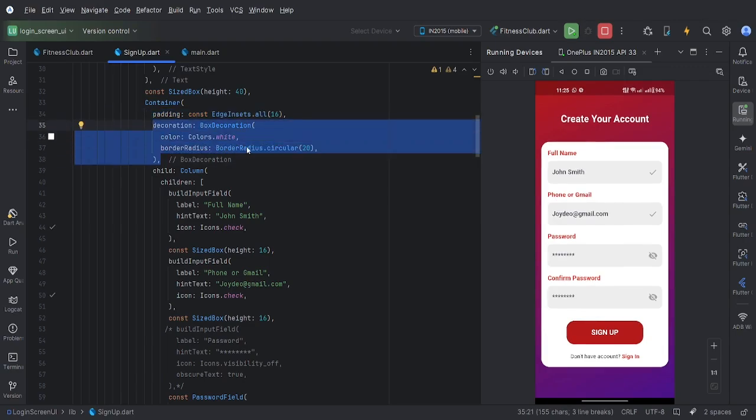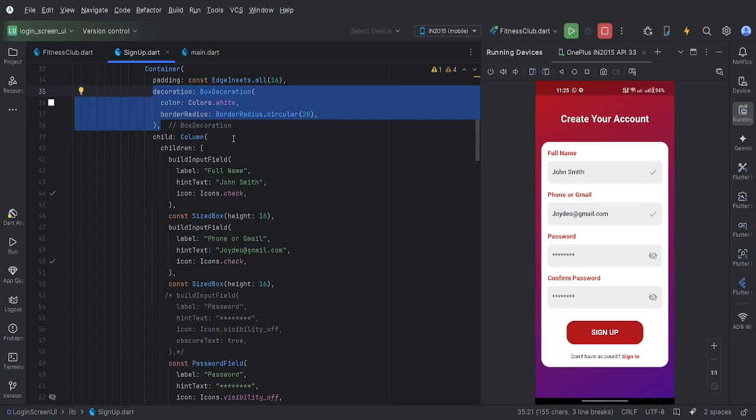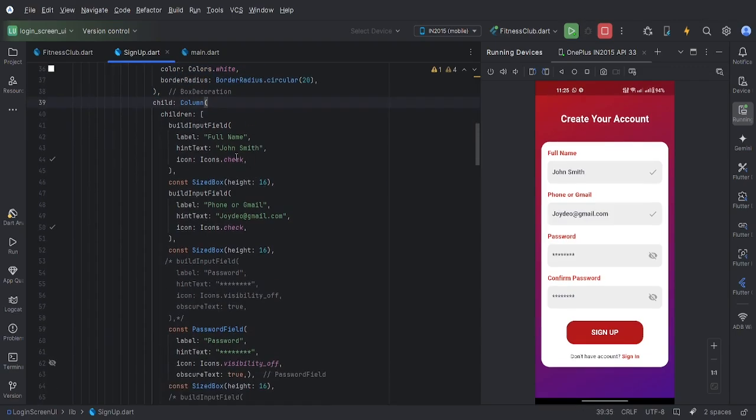Here a decoration used for this white background, and in column here I have used this things, and for this